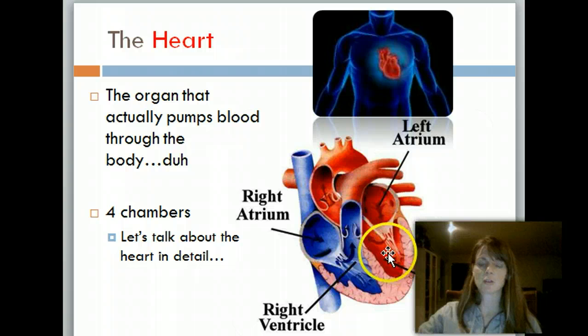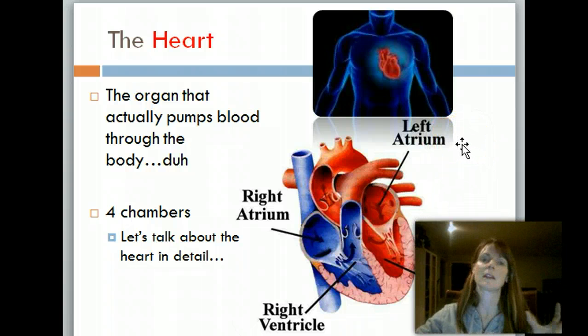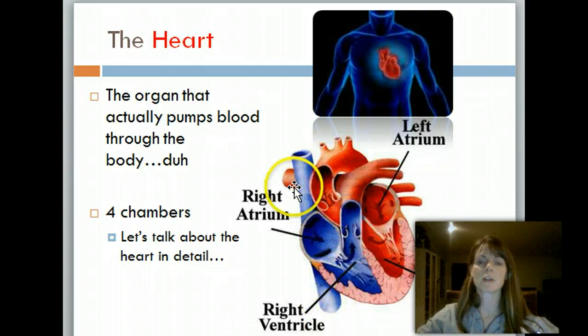Okay, so from the left ventricle, it's going to be pushed out through this aortic semilunar valve, out through the aorta, and out to the rest of your body, okay? And it's going to go all through your body, distributing all the oxygen and now picking up carbon dioxide and coming back through the superior and the inferior vena cava into the right atrium, and then back into the left atrium from the lungs. Now it's oxygenated, so that's why it's depicted as red,